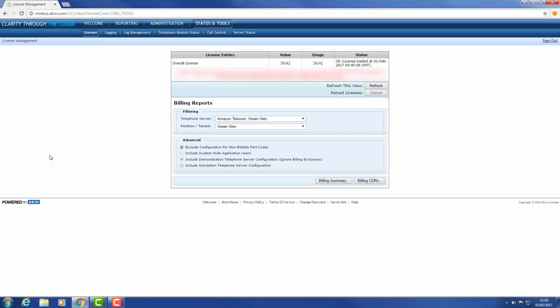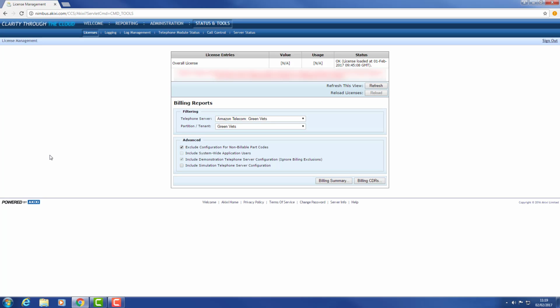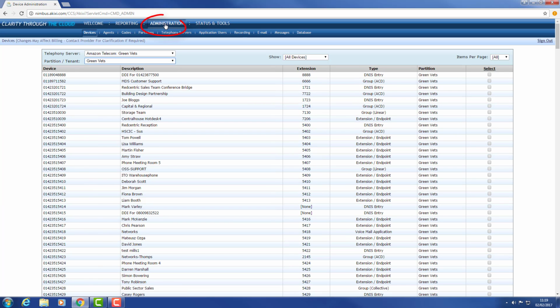Admin accounts are free of charge, provided that they are not configured with any reporting capability. Admin accounts are available for any Akixi reseller who has customers that use the Akixi service. It is easy to add an additional admin account by using the existing admin account that Akixi provided you with. Ensure that you're logged on with your admin account to your Akixi service, then click Administration,